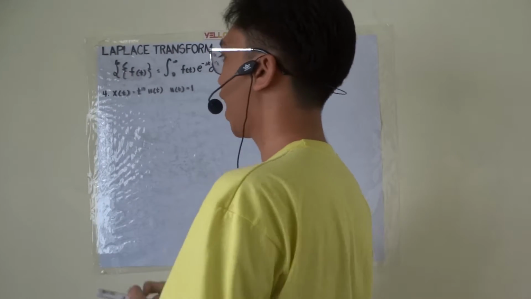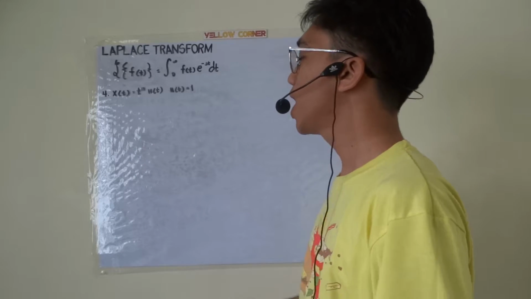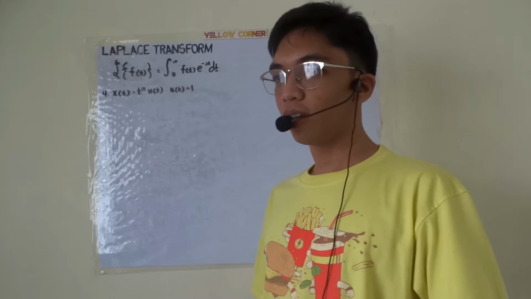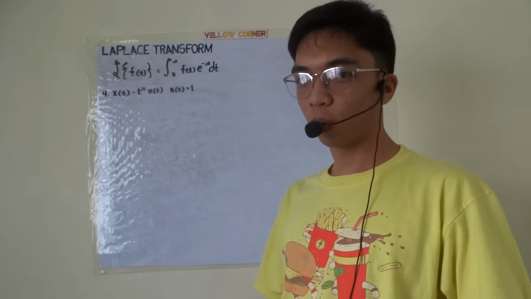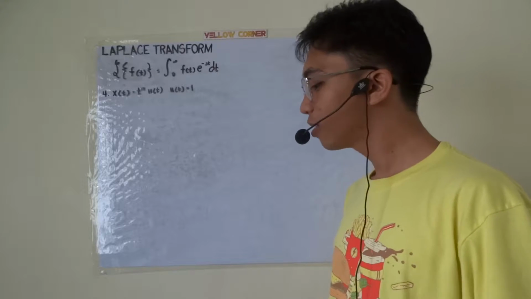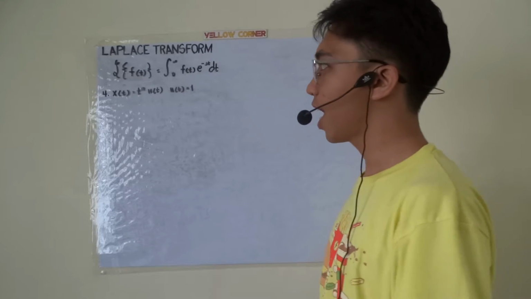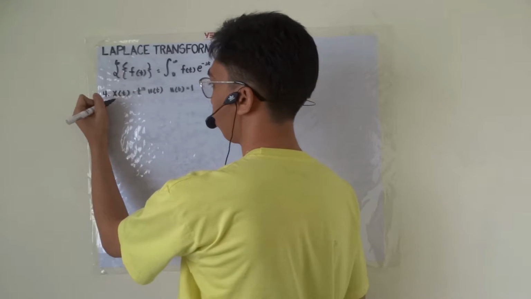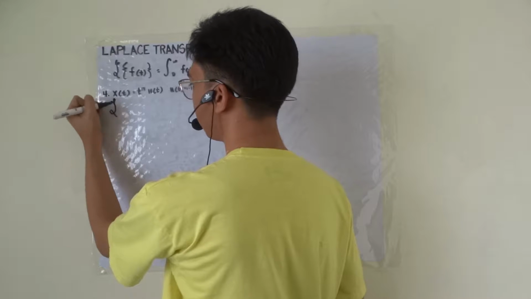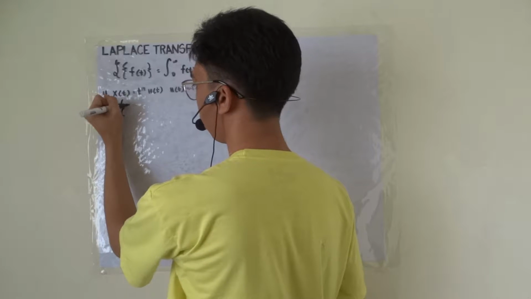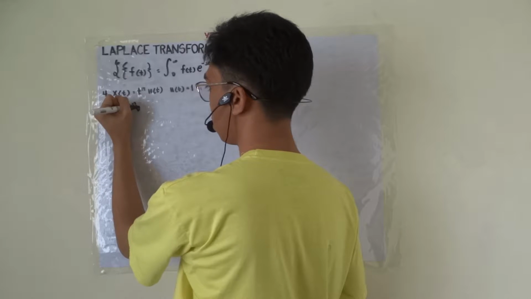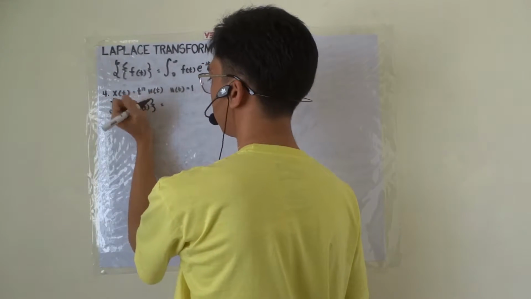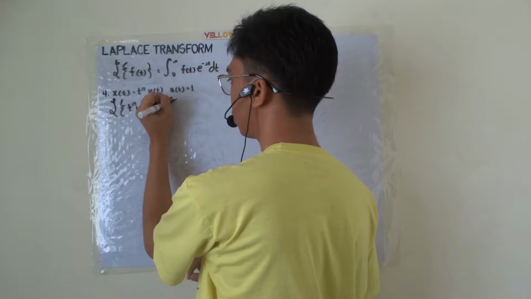Fourth example, we have x of t equal to t raised to n u of t, where u of t is equal to 1, which is classified, or also called, a step function. Now let's start evaluating our function and find the Laplace transform of this function. The Laplace transform of t raised to n u of t is equal to the improper integral